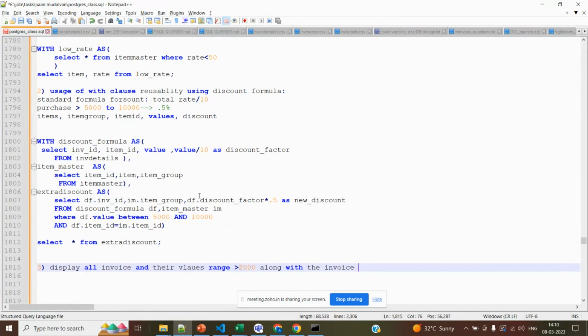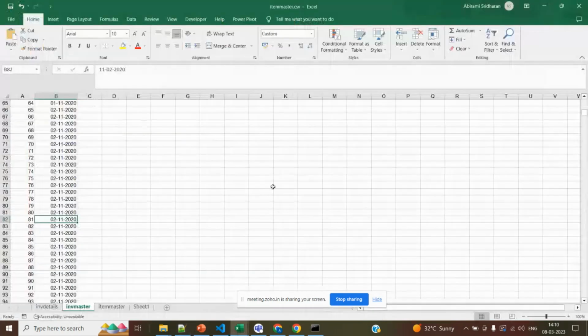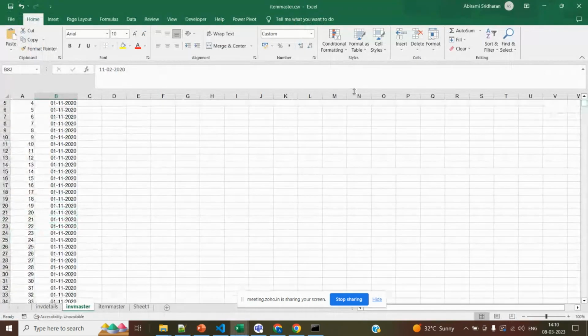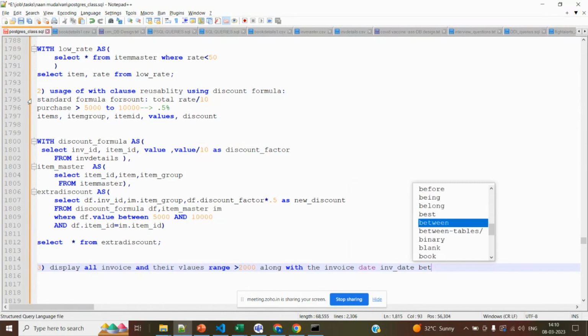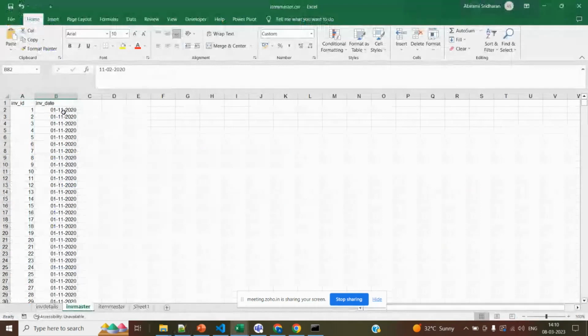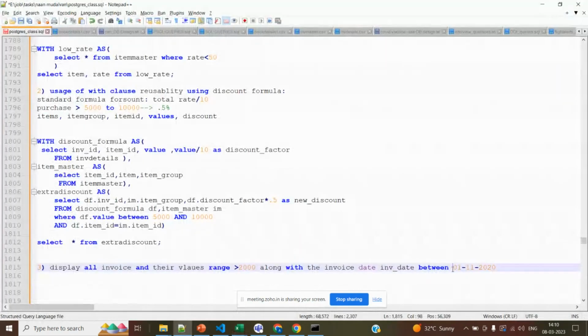invoice. See here inside the invoice date, what is the column name? We will take the column name so that it will be easy for us. INV date, along with the invoice date as INV underscore date, right? And the date should be between. We can go for any range of dates. I'm just copy pasting this date, and I need the range of date with this to